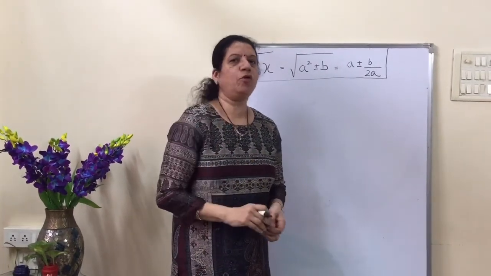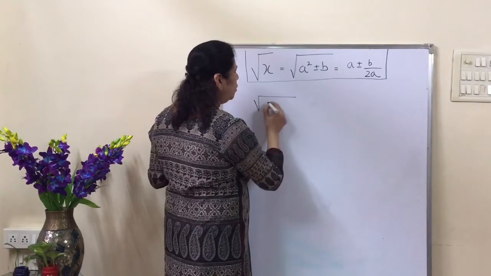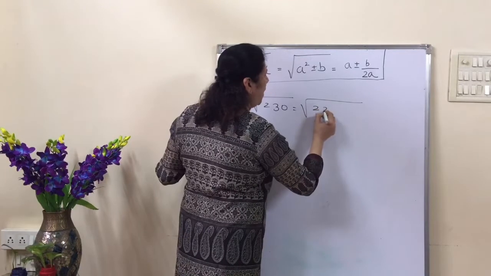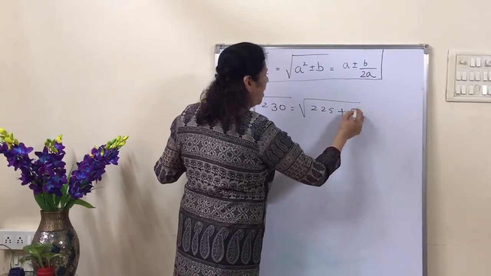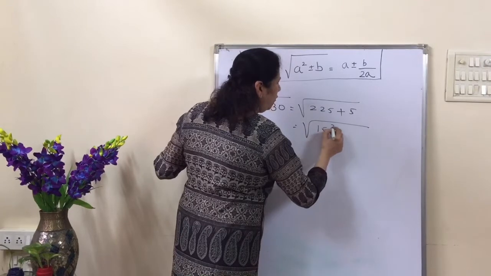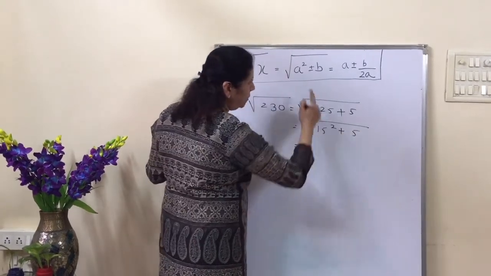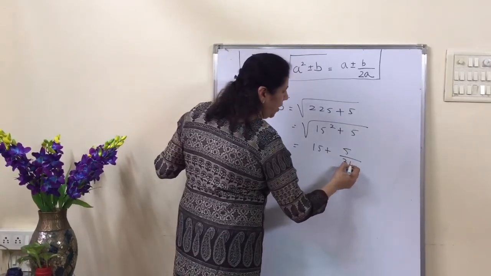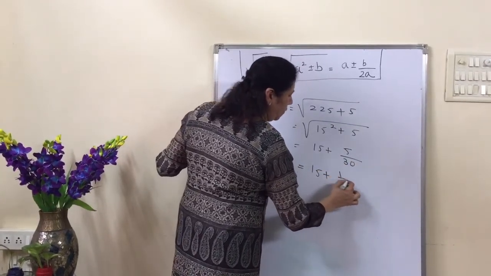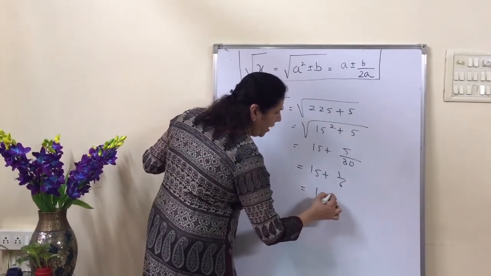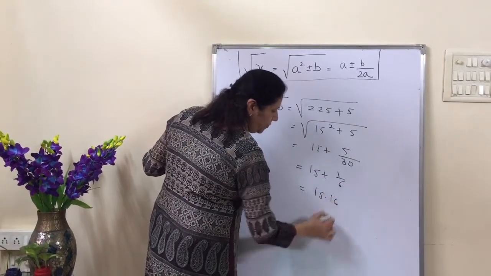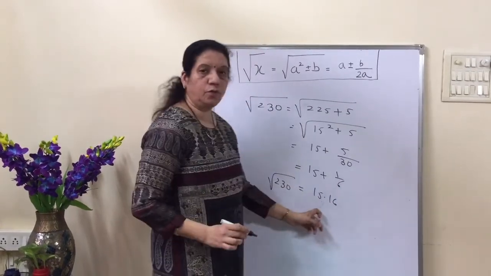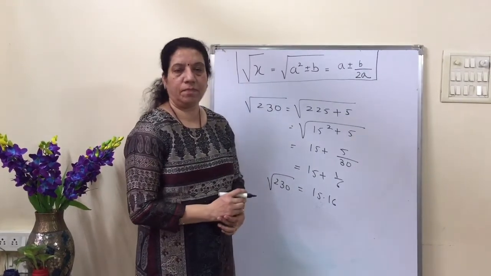Let us find square root of some 3-digit numbers, say 230. Now the nearest square to this is 225 plus 5. Now 225 is nothing but 15 square. Okay. So now as per the rule we have 15 plus 5. What is double of 15 is 30. So we get 15 plus 1 by 6 and see again we get answer. This is equal to 15.16. So square root of 230 is 15.16.